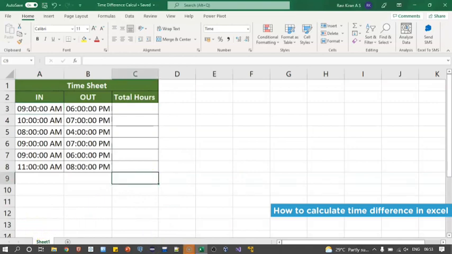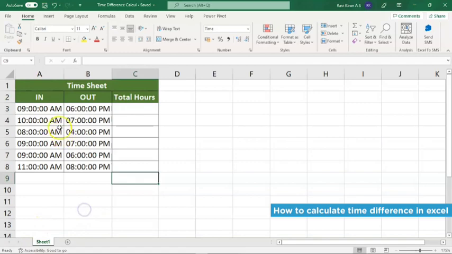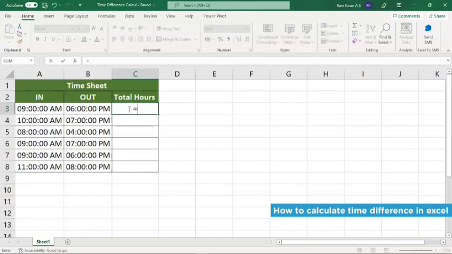Okay. So there you go. So we have our timings of in and out. Now to calculate the time difference between the in time and out time, this particular calculation is completely simple. All you have to do is press equals, select out time, minus, select in time. So there you go. Press enter and you have the total number of hours the employee has been working in